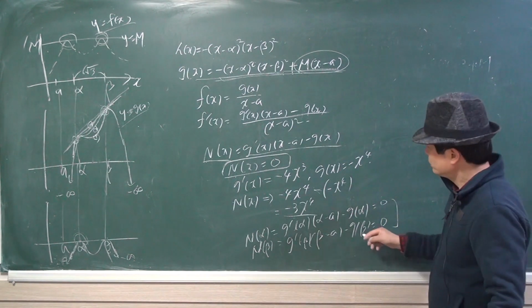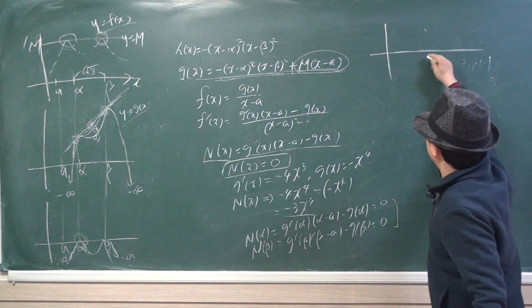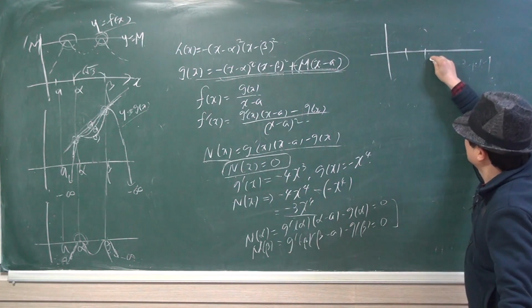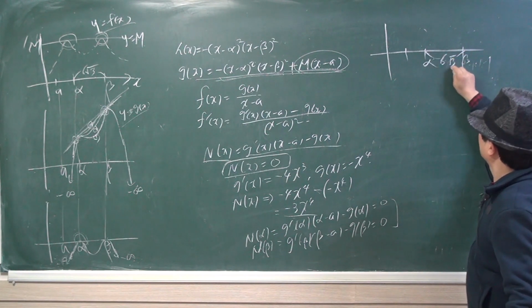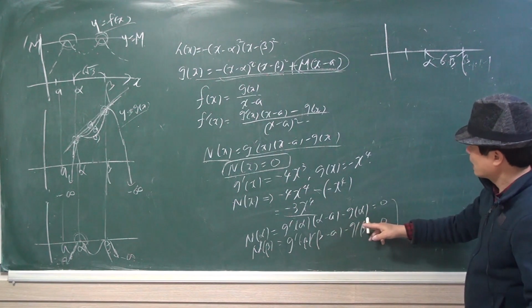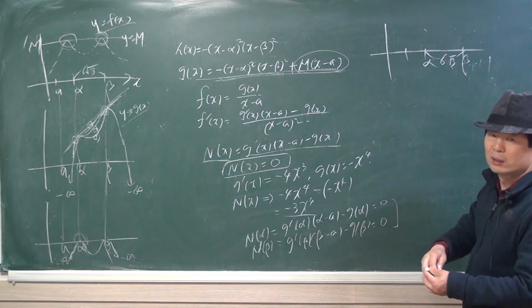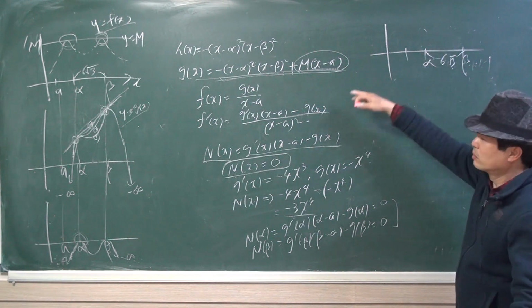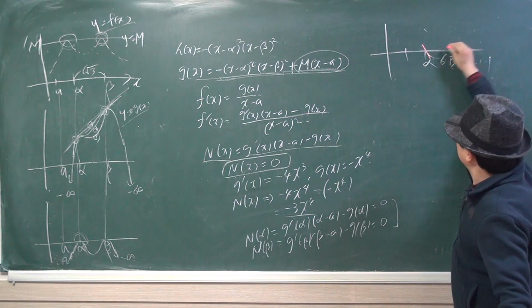So we sketch n(x) like this: alpha and beta. Since n(alpha) and n(beta) equal 0, the quartic polynomial behaves like this